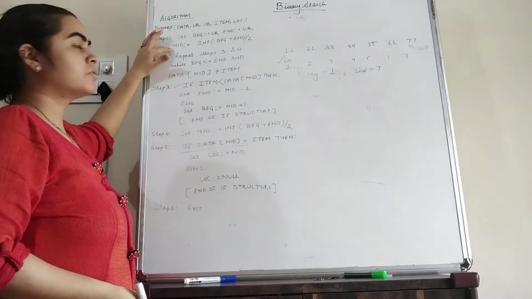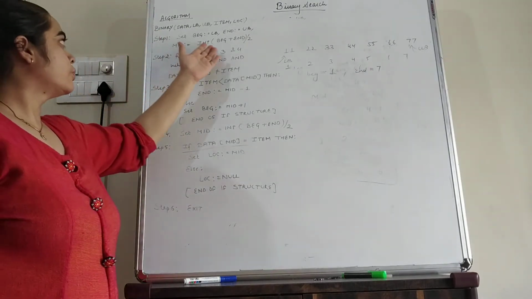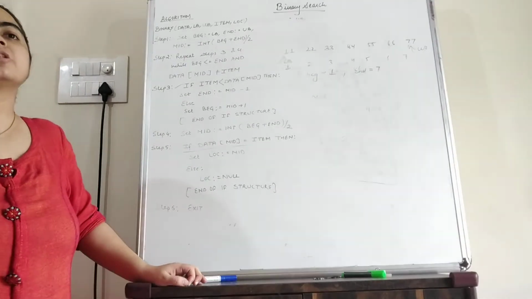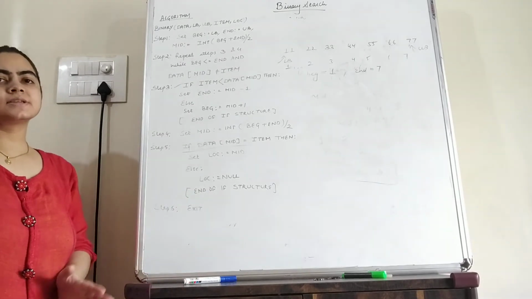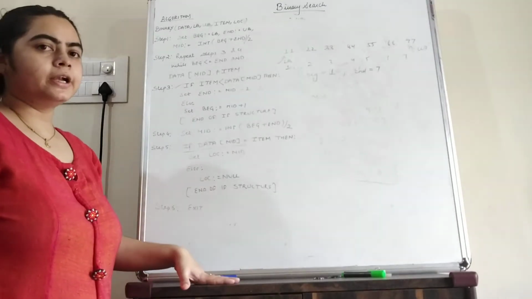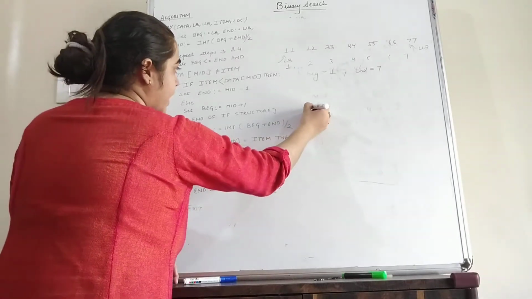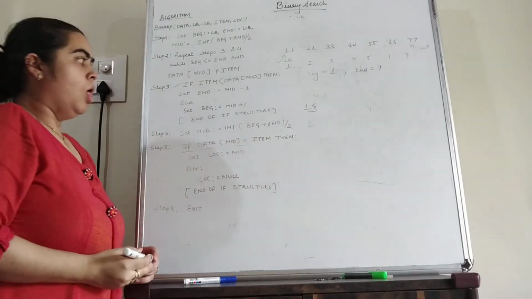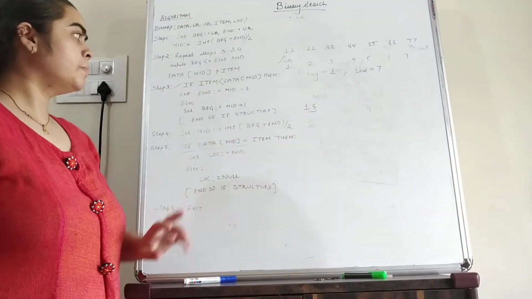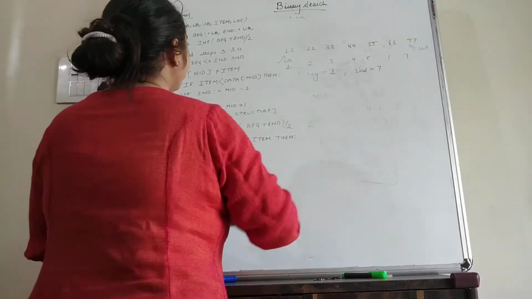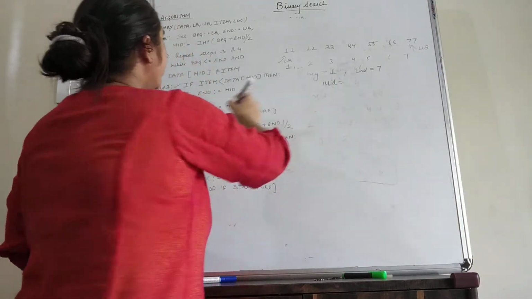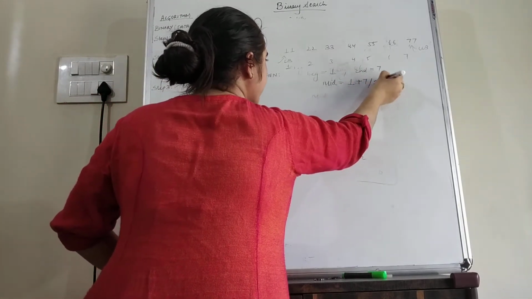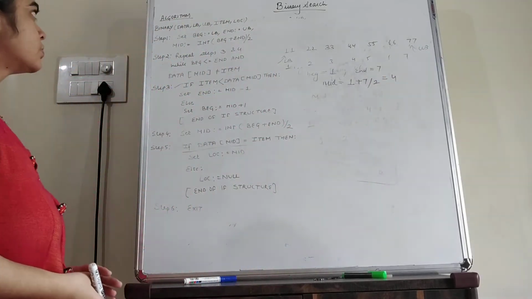After that we can search the value of mid. Now students, mid is equal to integer of beginning plus end by 2. That means if after calculation the result is in the decimal, then we can skip the decimal part and only take the integer part. For example, if after calculating the mid value is 1.5, then we can skip this part. We can only retain 1 in the mid element. Now students, see here if we are calculating mid, then mid is equal to integer part of beginning plus end by 2. That means beginning is here 1 and end is 7. So 1 plus 7 by 2 is 4. So mid is equal to 4.